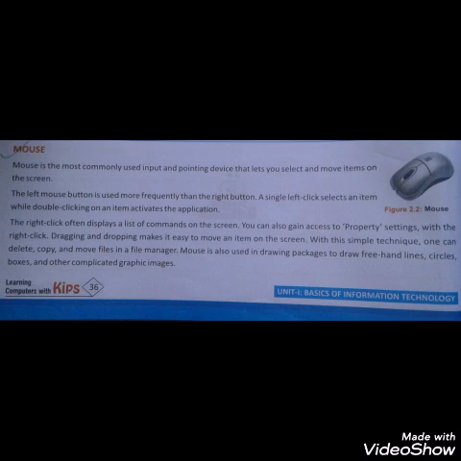So second, mouse. Mouse is the most commonly used input and pointing device that lets you select and move items on the screen. It controls a cursor in a GUI, graphical user interface, and can move and select text, icons, files and folders on your computer.